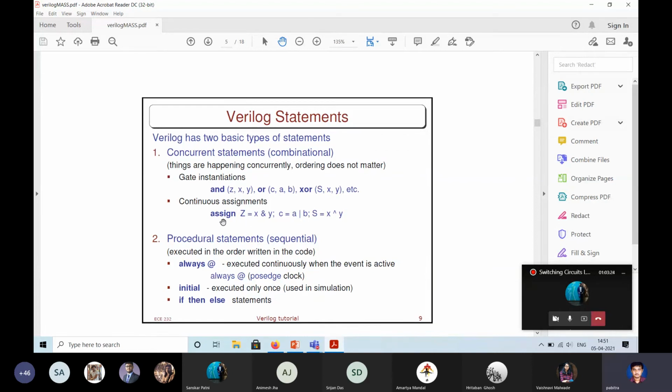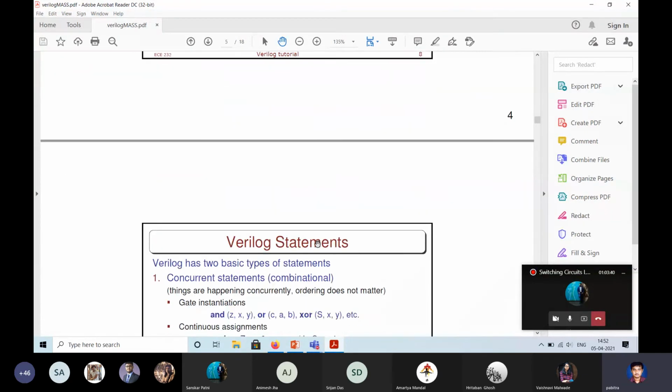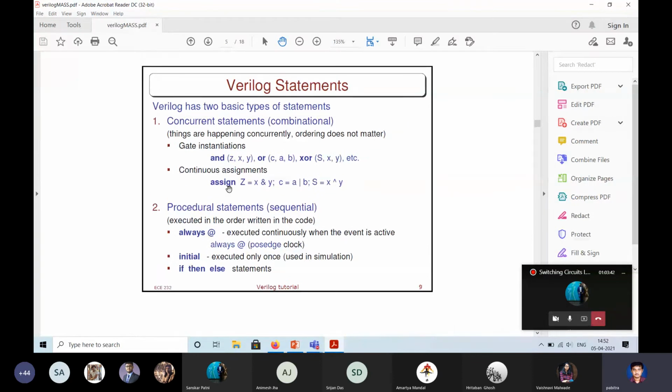Instead of this, I could have written assign E equal to A and B, assign Y equal to not C, assign X equal to E or Y. So this is the standard form of the assign statement. Ampersand stands for and, pipe stands for or, caret stands for XOR, and tilde stands for not.